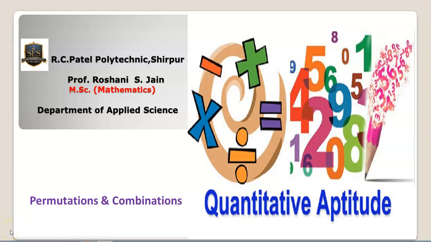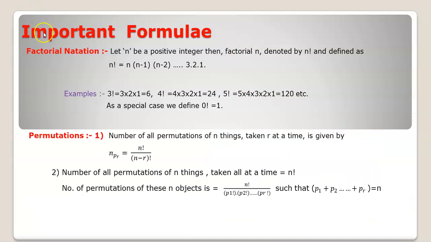Today we are going to discuss the concept of permutations and combinations. Permutations are used for the arrangement of any group, and combinations are used for the selection of any group. Now the important formula is factorial notation: let n be a positive integer, then factorial n, denoted